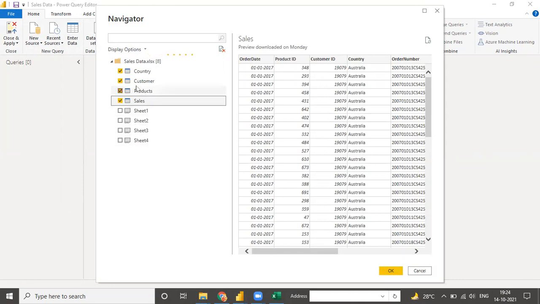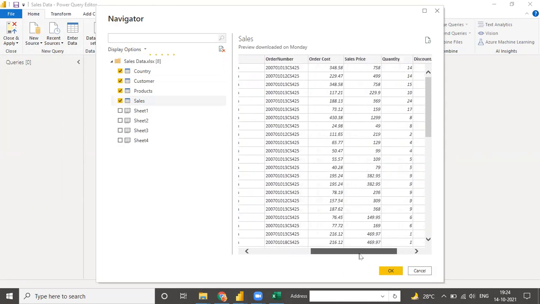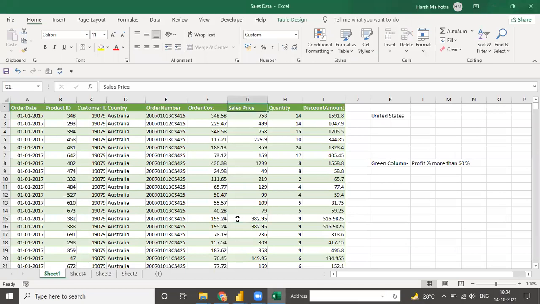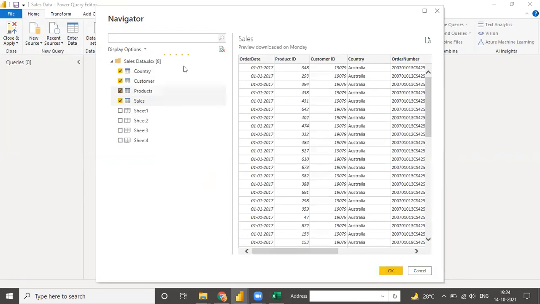Suppose when I click on sales, my sales preview is there, and it looks similar to the Excel working. See, this is the Excel working. I am going to explain that in the sheet tab, this is sheet 1, and this is a sheet name. Right now in the table format there is a blue mark.